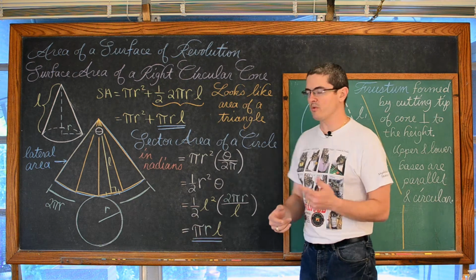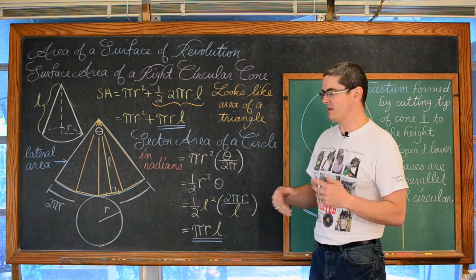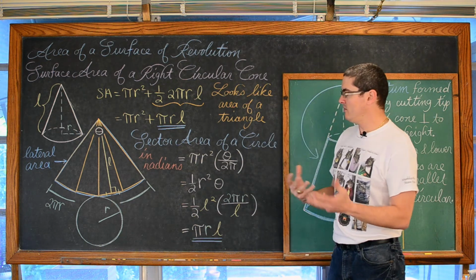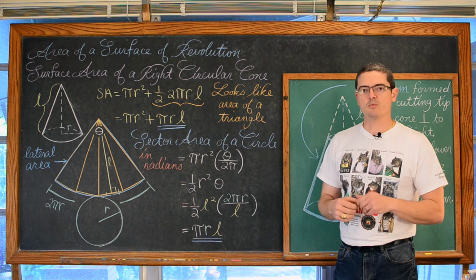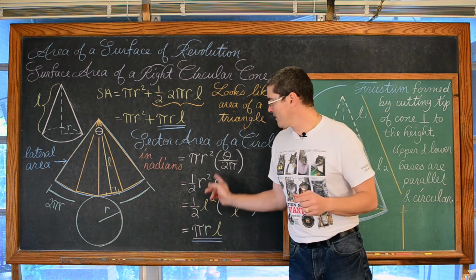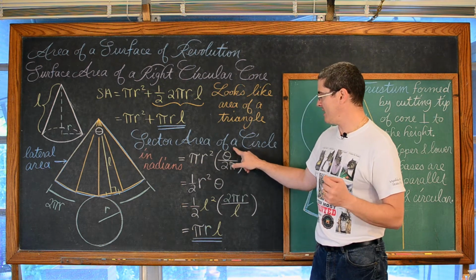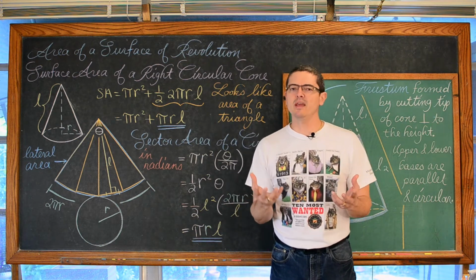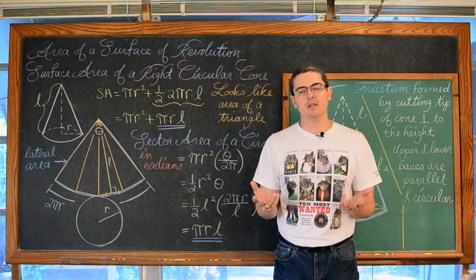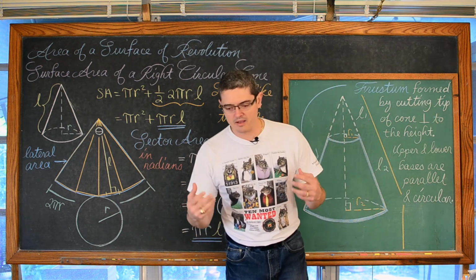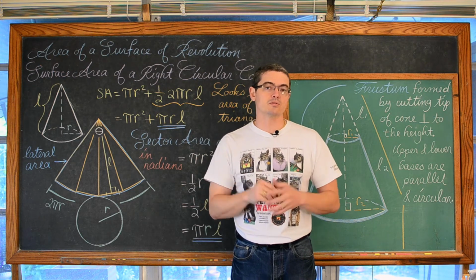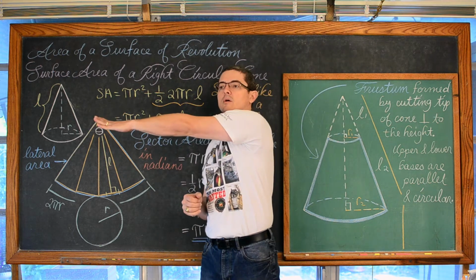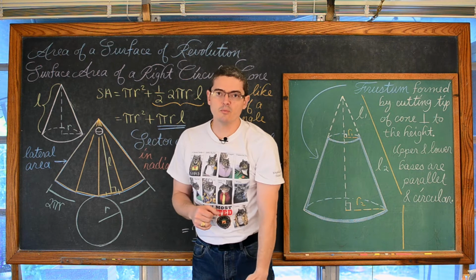Some formulas in your geometry book would say theta over 360, because we start in geometry using degrees, but we know in calculus and maybe your pre-calculus class, we much prefer radians. That will be pi r squared times theta over 2 pi. We prefer radians because really radians don't have a unit of measure. It's a ratio of two lengths. And if you're defining pi as the length of the radius of a circle and not the diameter, then we know that we're at 0 radians, we're at pi over 2 radians, we're at pi, which is halfway around the circle, and then we're at 3 pi over 2, and of course 2 pi.